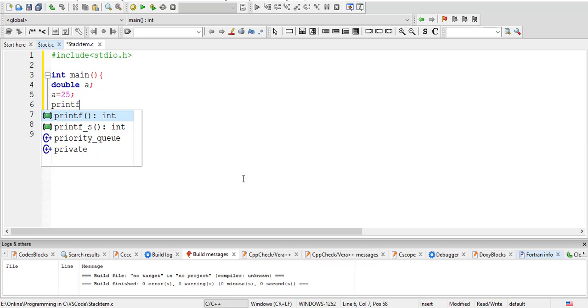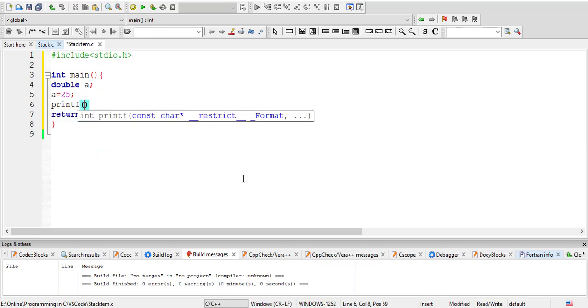So printf, the location of a is %d, and it has a size of %lu. %lu is for the sizeof operator.